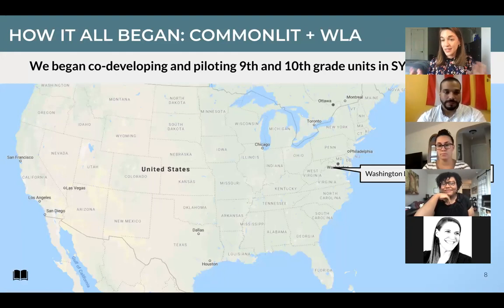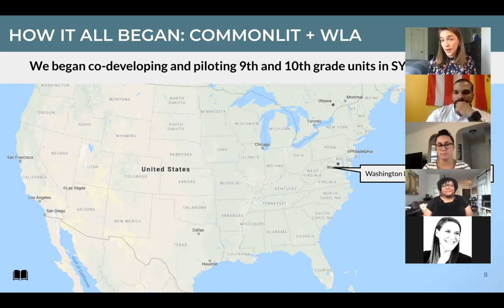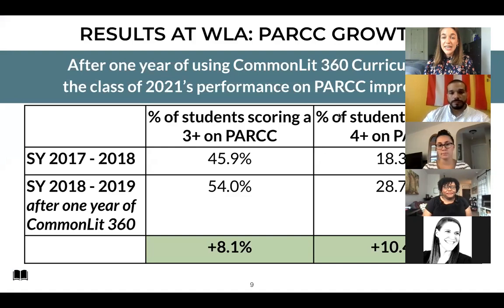But we started this back in school year 2018 with our first Brave School, Washington Leadership Academy, which is based in our backyard. Our office is in DC. We saw so many shared values with that school. They found the same problems in the market. And they actually helped co-fund and co-develop the materials for high school as well, just the whole vision for it. And so that was the first.